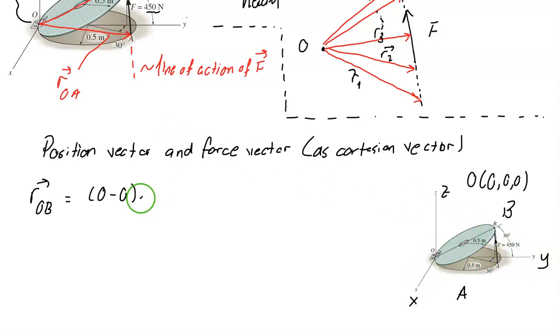Okay, so that's 0 minus 0 I plus, and the y coordinate for B would be